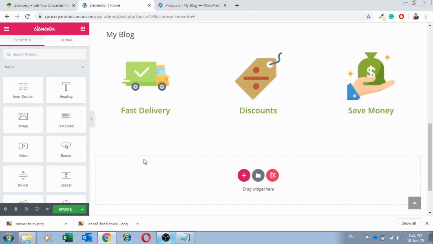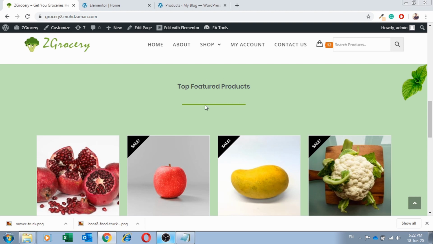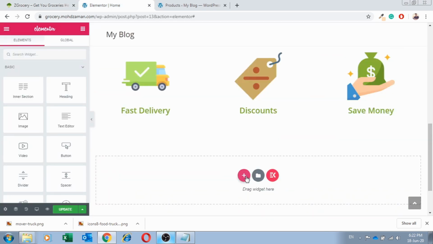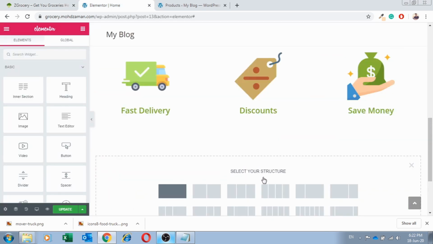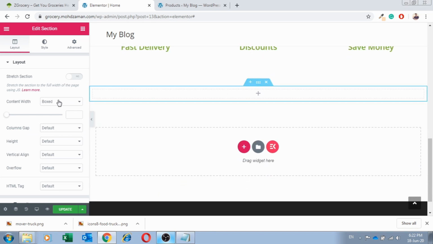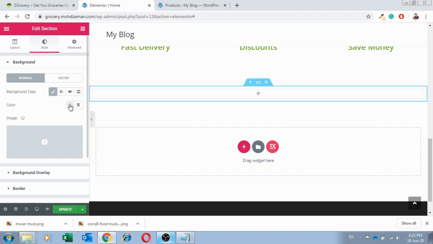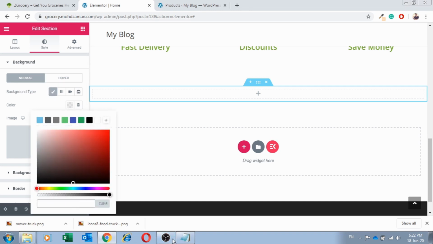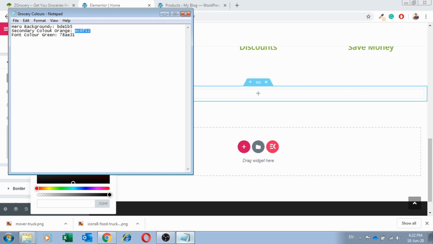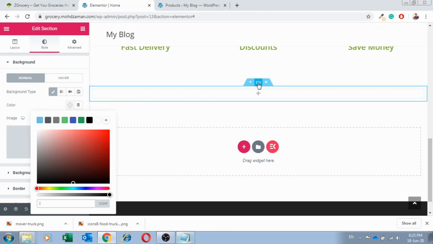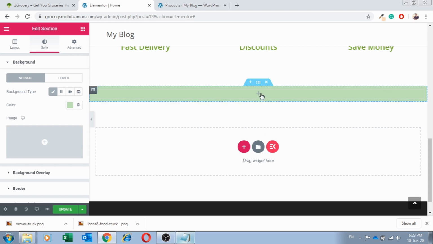Now we move on to our next section, which is top featured products. And in this section, we do not have any columns. We have just undivided an entire section. To do that, we are going to select this structure and we are going to give it a background. Come to styles, click on this classic button and click on colors, and from color code select this color code, Control C. I'm going to come over here and I'm going to paste the color code, and then I'm going to